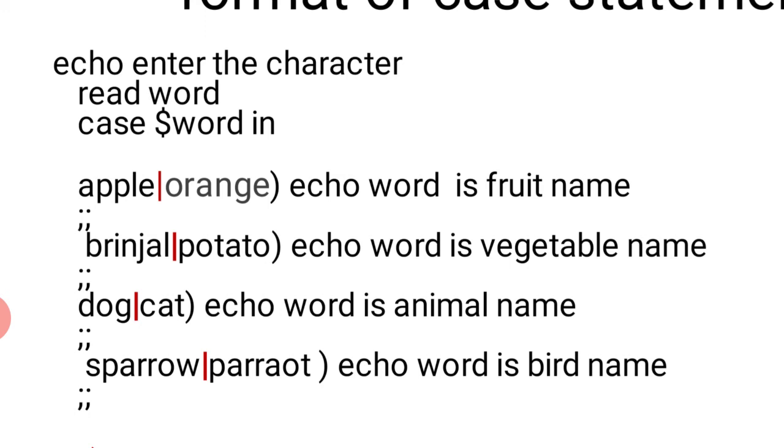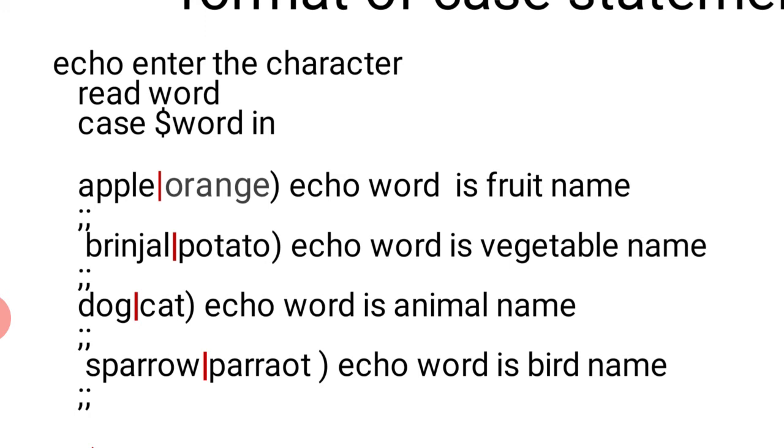Next, in the second choice, either brinjal or potato. You can increase it: brinjal, potato, pipeline onion, pipeline peas, any number of patterns may be within one choice. Here we have given only two patterns, brinjal and potato. Each word is a vegetable name. Again this case is closed by a double semicolon.